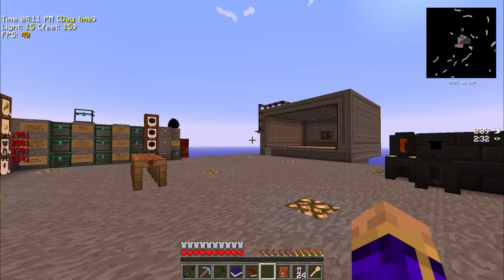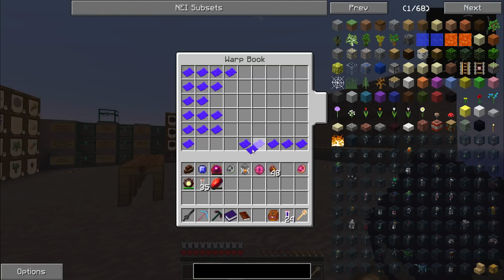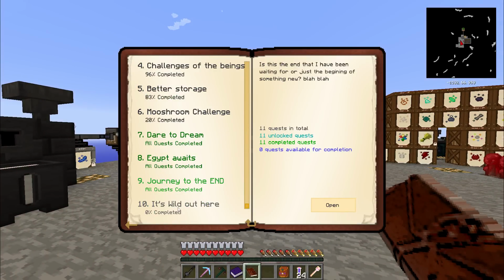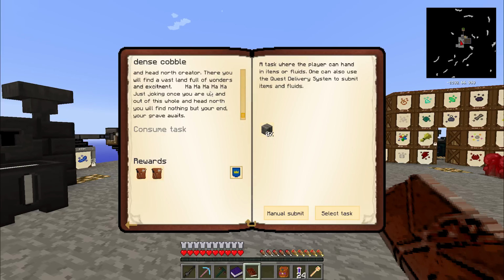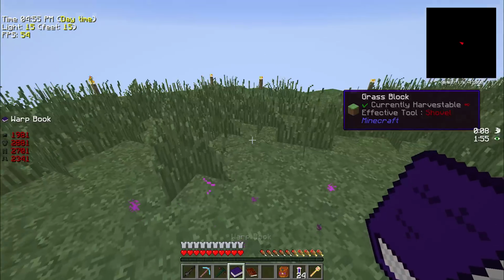This will take us to the ruinscape wildecraft dimension. Let's take a look at our quest book. Yep, it unlocked. It's Wild out here. First on the list, dense cobble. You want me to dig out into the clean air and head north, creator. There you will find a vast land of wonders and excitement. Just joking. Once you're up and out of this hole and head north, you will find nothing but your end. Your grave awaits. Interesting. So, you want me to hand in 576 dense cobblestone. Alright, well, let's go find out what that...